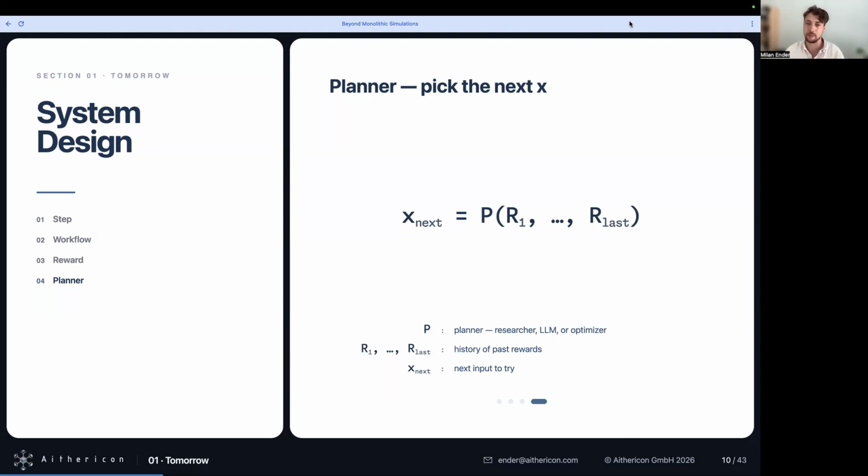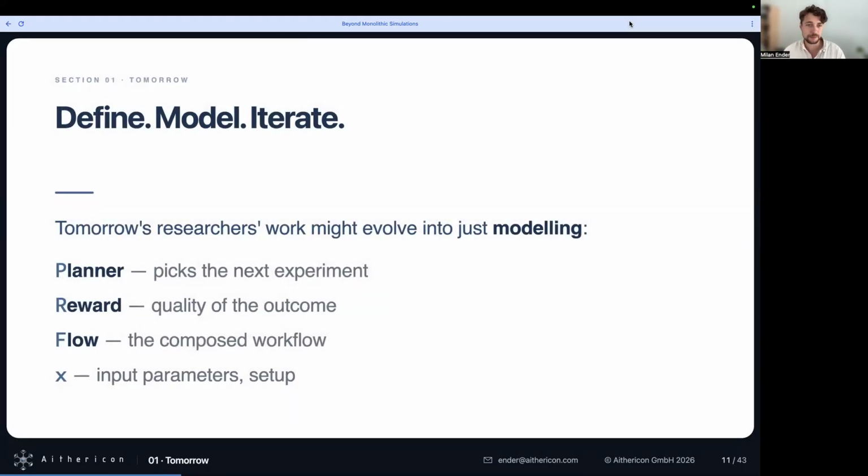In some cases, it might be a human researcher that tells some other system or some other researchers what he wants to investigate next, but it can also be an LLM, a large language model, or an optimizer that, based on a given strategy, decides which parameter set should be picked next.